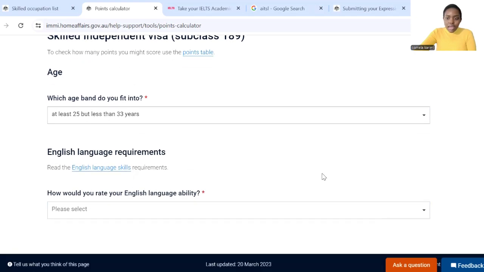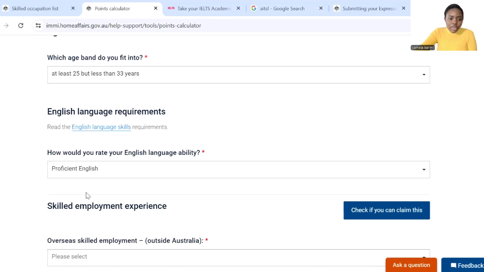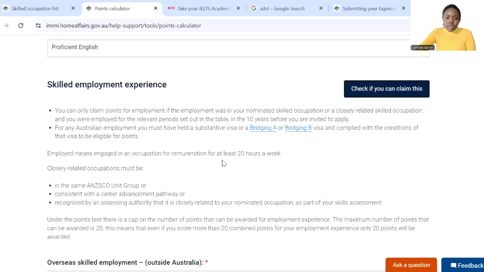So if you choose that, and then English language requirement, how do you rate your English ability? So competent, proficient, superior. Superior is where if you're doing IELTS, you get band 8 in everything. If you're doing PTE as well, you get the highest band. So let's just give ourselves a proficient level,